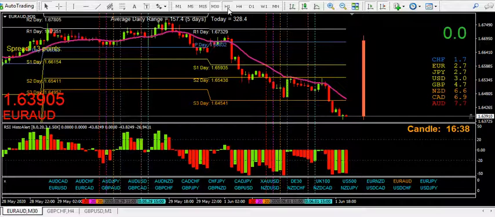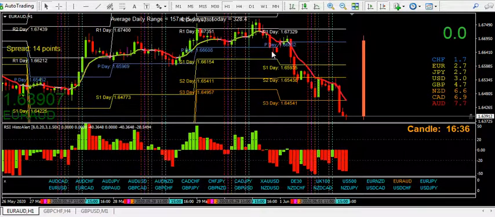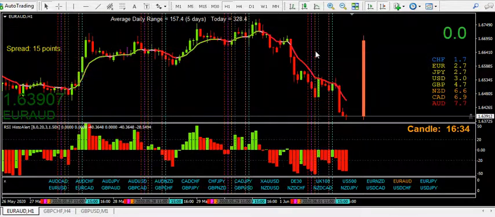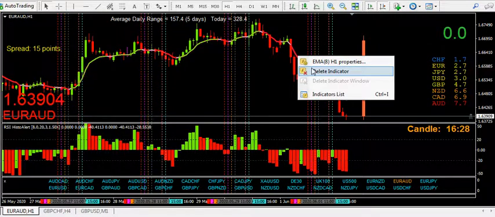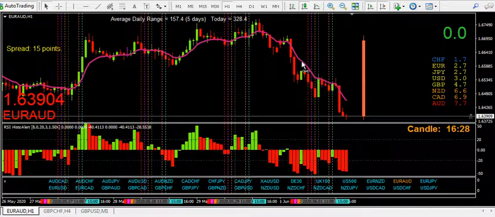and let's get rid of the pivots and the moving average, and let's just concentrate on what's going on here. So the H1,